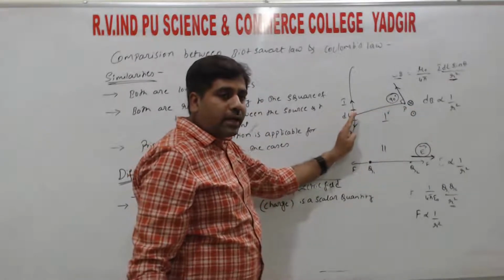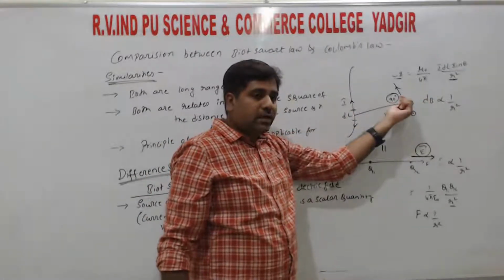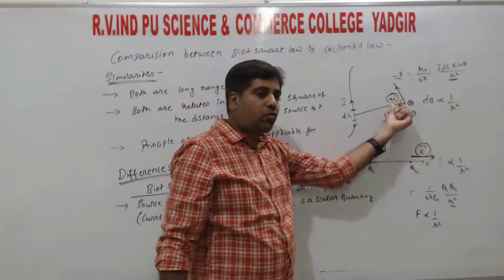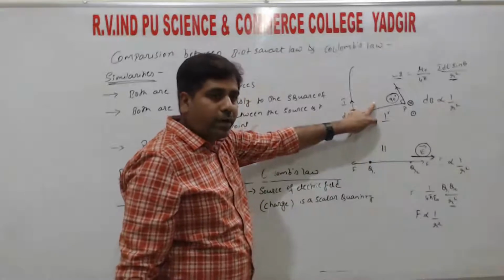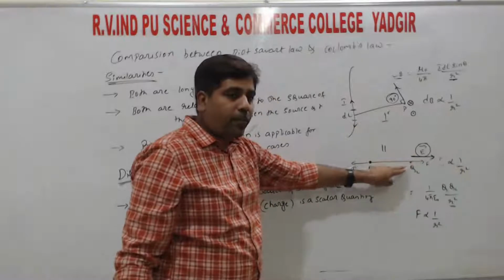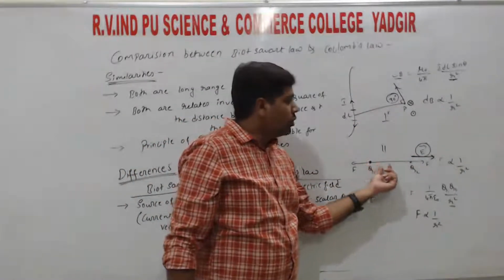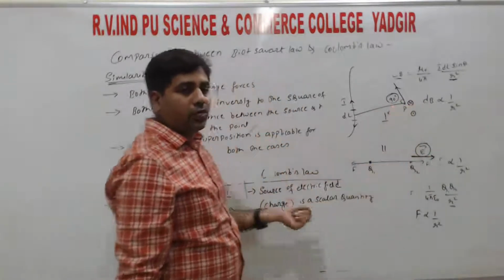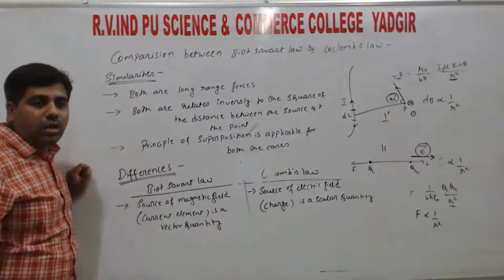That means for the current element, the magnetic field is always perpendicular. Either it may move inside the board or it comes away from the board. So it may go inside the board or come outside. But in both cases it is perpendicular. But in case of Coulomb's law the electric field is always parallel. Parallel means in the same plane. So in whichever plane the charge is, in the same plane the electric field is. But here it is perpendicular. So that is the second difference between Coulomb's law and the Biot-Savart's